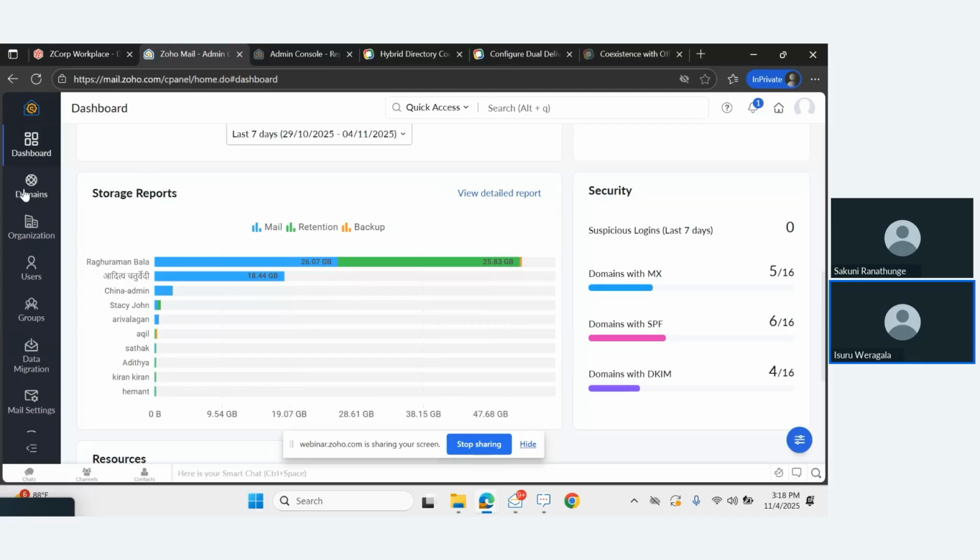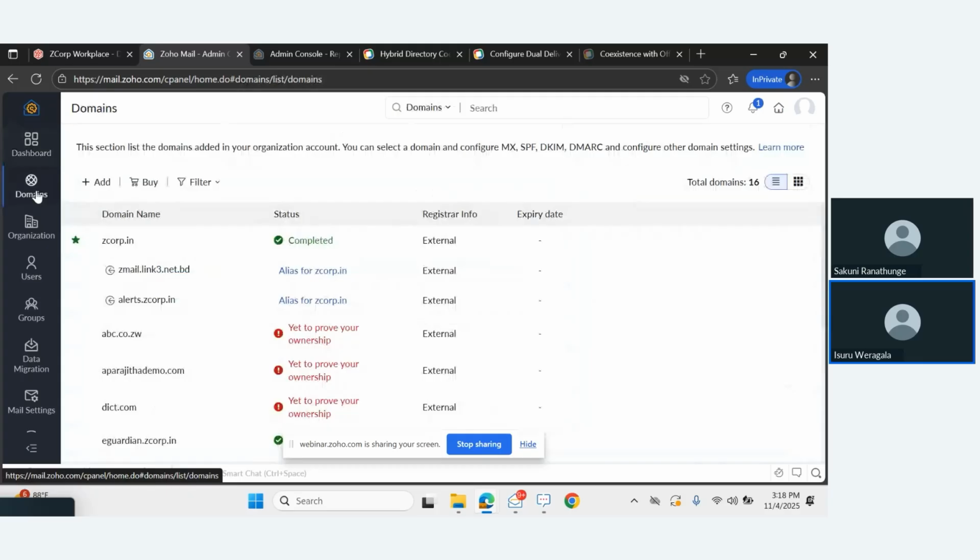Then let's see how you can add the domain into your tenant. When we purchase a Zoho tenant, we want to integrate our SMTP, in other words, what we can call a custom domain. So we need to tag this domain into our Zoho tenant. In here you can see there are a few sample domains we already